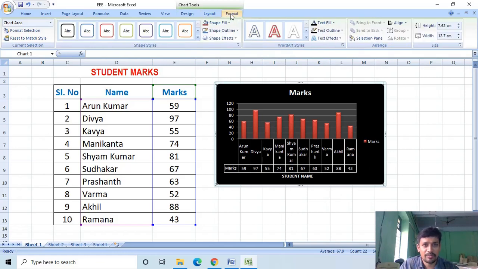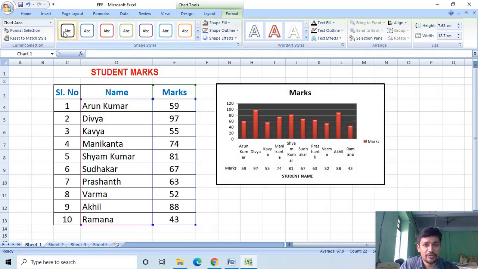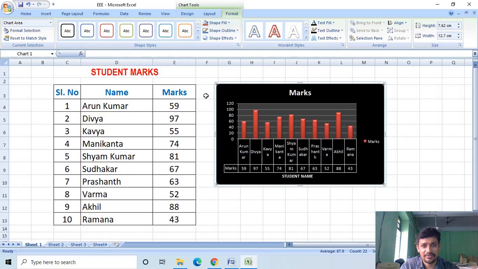In the Format tab, by using this Format tab, you can format the chart. You can change the color, text size and border colors, everything. Observe the changes.